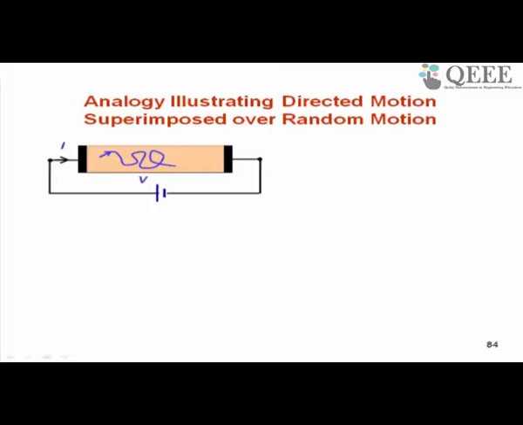So the actual movement of the electron or hole is as shown in the slide. Now what is being shown here is the movement of a hole. You can see that the carrier is moving from the positive terminal to the negative, so it has to be a hole, because you know that electron will move from negative to positive. So this is a hole.